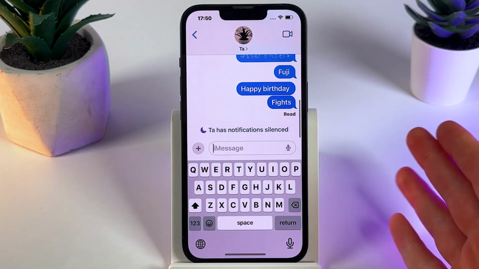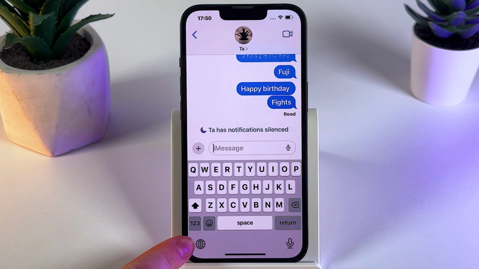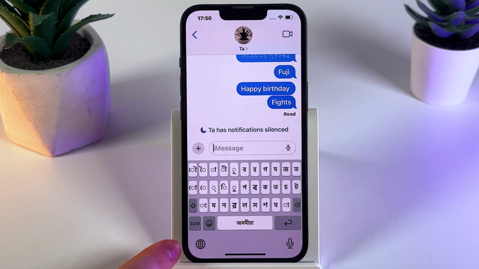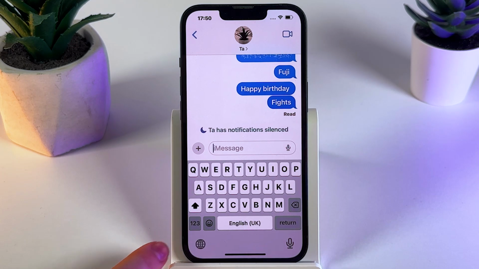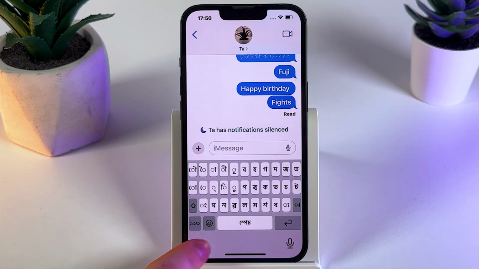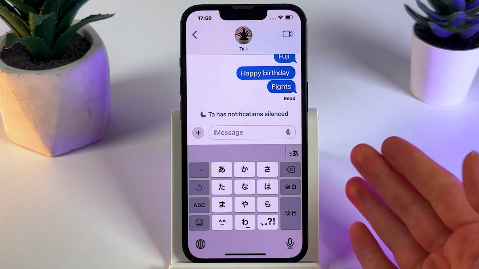So I'll open the messenger, and here on your keyboard you can notice this globe button at the left bottom corner. By clicking on this globe button, you'll be able to switch between languages. For example, here is Hindi, here is English, Czech, and once more Hindi. And this is how it works. Here we got the Japanese that I was adding